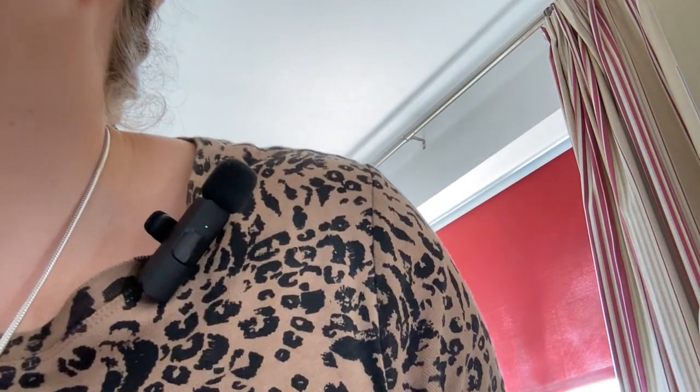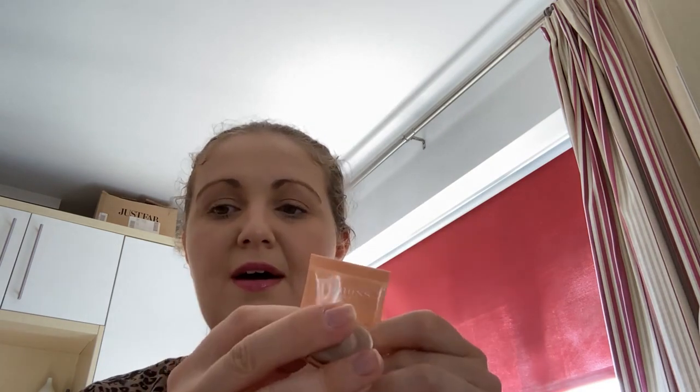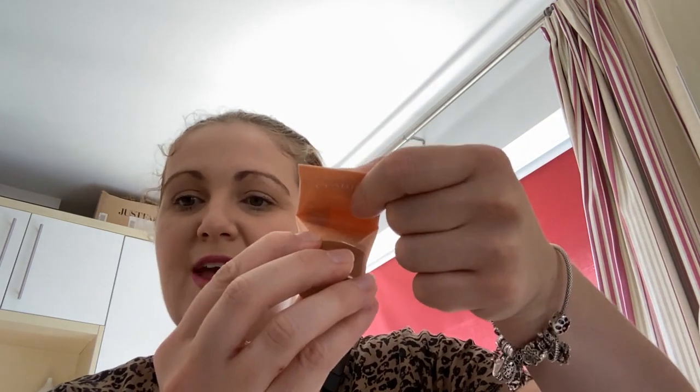Then we had the Clarins extra firming day cream. So this is a product, I'm just going to move my drink. This is a product that I'm still using, but as you can see, I've done quite well with the use. So I've used about, I would say, 3/4 of it. So that is the Clarins extra firming